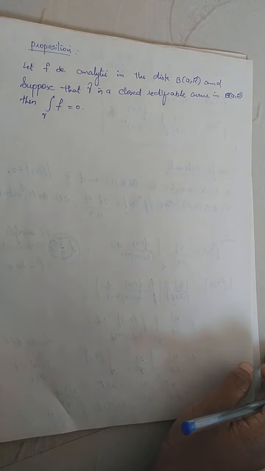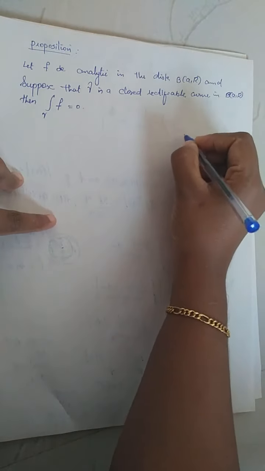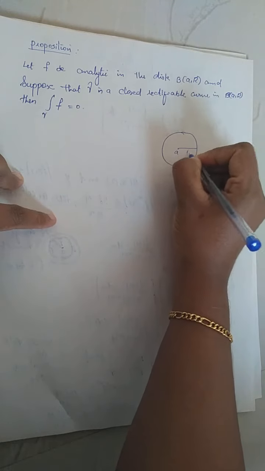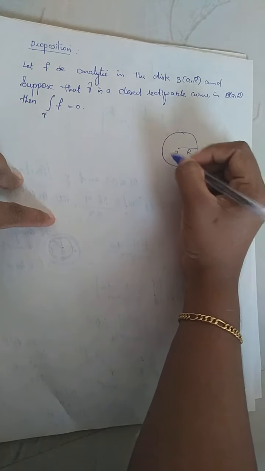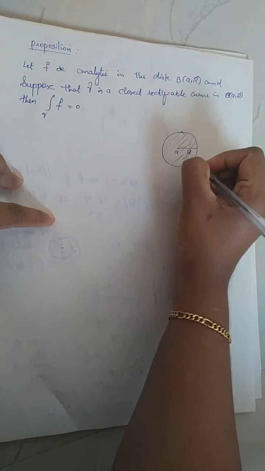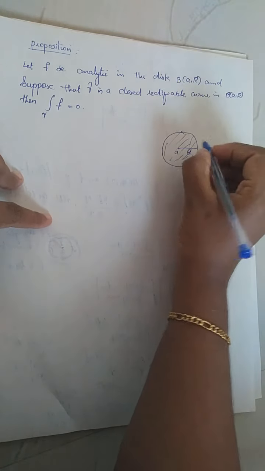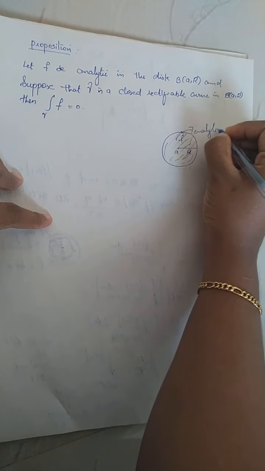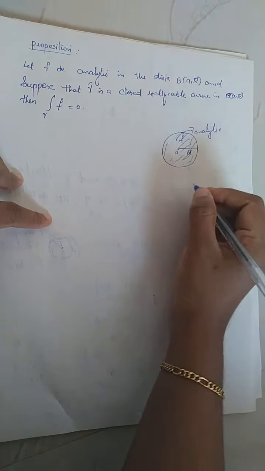So we start this class by introducing the proposition. Let f be an analytic function in the disk B(a, R). That means we are considering a point a in the complex plane and a particular radius R. Then you consider an open ball, or a disk, centered at the point a with radius capital R. And f is a function which is analytic in this disk, and gamma